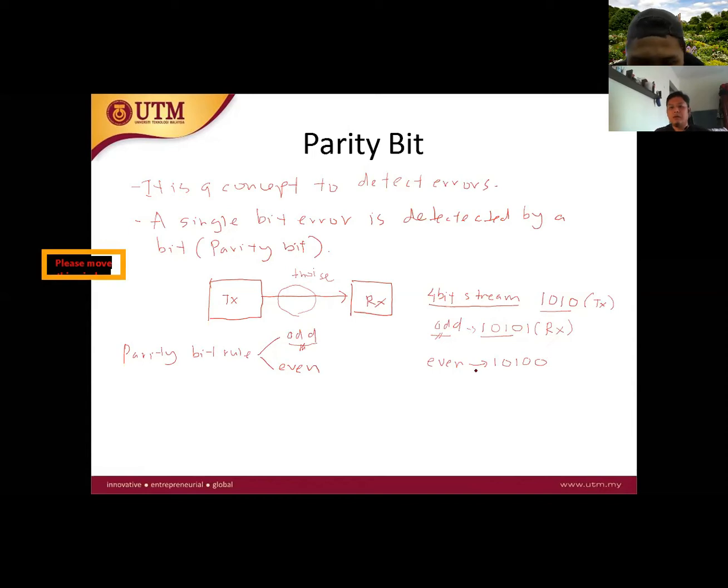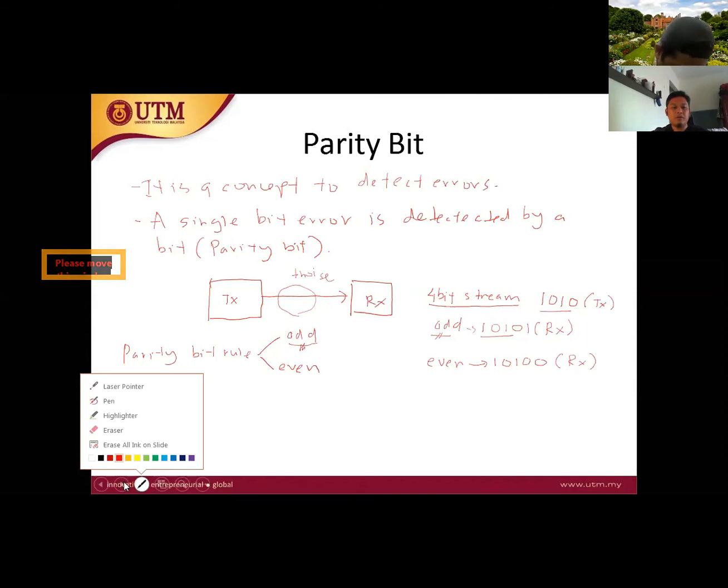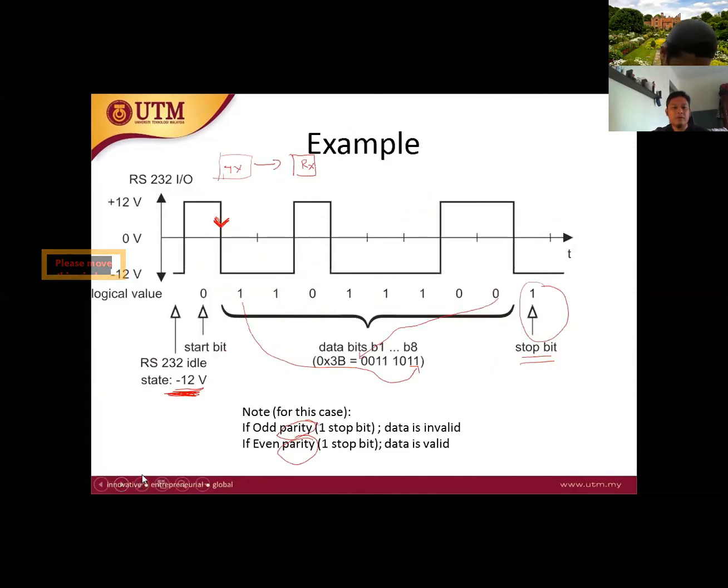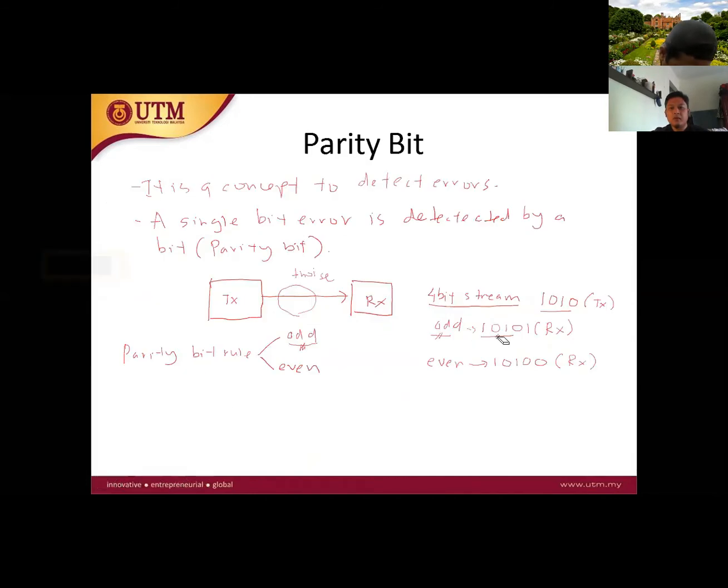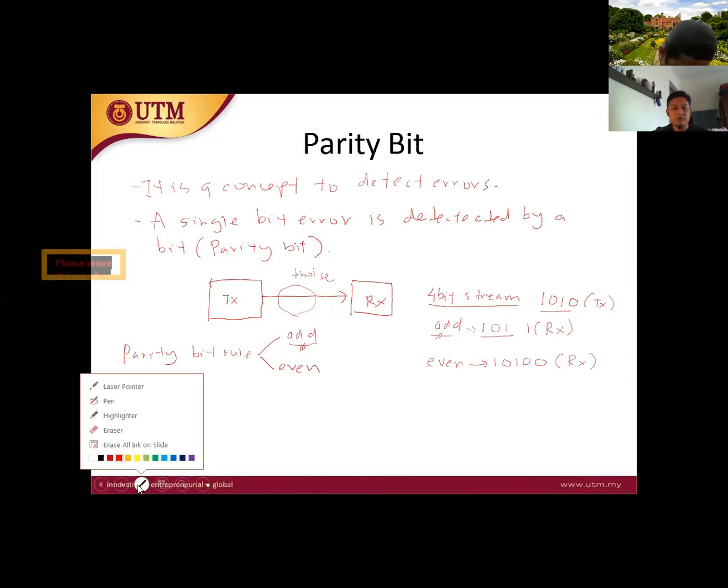If we set even, this is the data that should be received by the receiver. But in some cases, because of noise, let's say this bit,